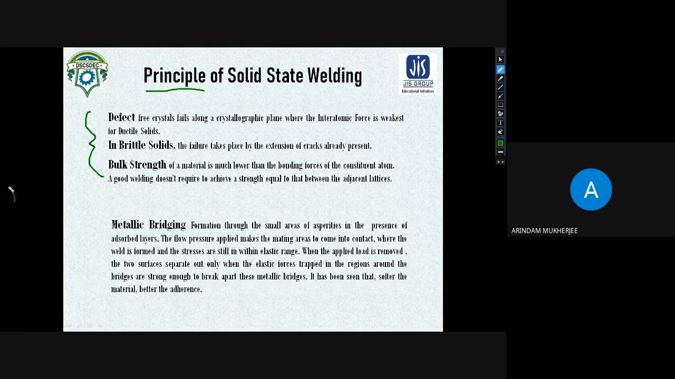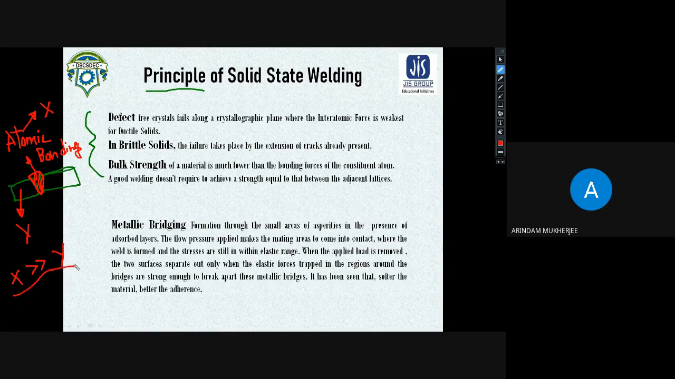Okay, is that clear? Suppose these two base metals are being joined by welding. Now in this zone, there is a case of atomic bonding, and this atomic bonding will have high strength. Let us consider this atomic bonding has X amount of strength, and this base metal has a strength of Y. So this X, the strength of the atomic bonding, is much higher than this Y, the strength of the